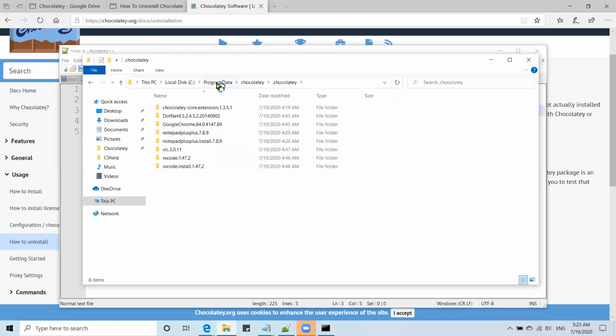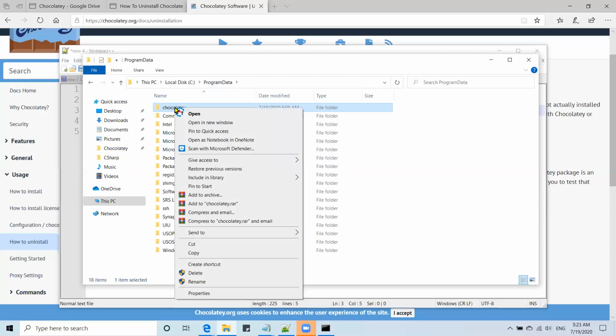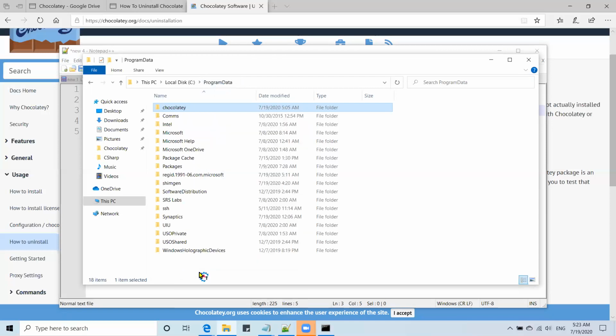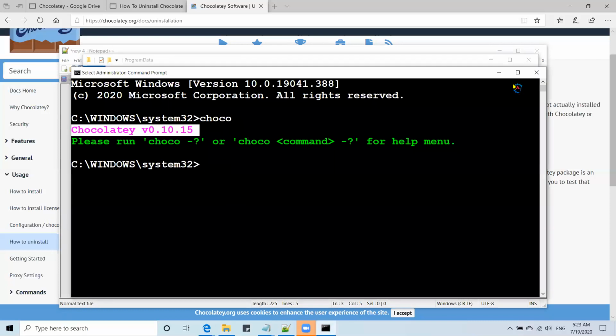Okay. So go to ProgramData. You can directly shift delete, or right click, delete. Okay. It might give some prompt. You see that? Hit continue. Deleted. Okay. So now we'll check whether choco is there or not.